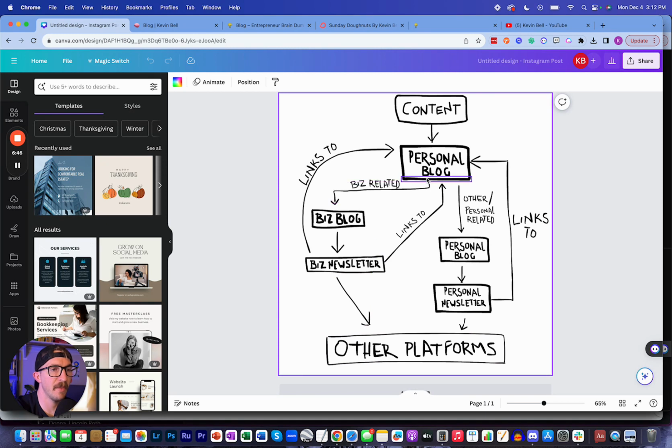And everything links back to the personal blog. So when it's on the newsletter and it's posted, the link of the title in the newsletter is going to link back to the original post of the article in the personal blog. Now, if it's more personal related or outside of the business, like I said, it will go to Sunday Donuts if it makes it in for that week. It's going to stay on the personal blog, or make an appearance on the newsletter.